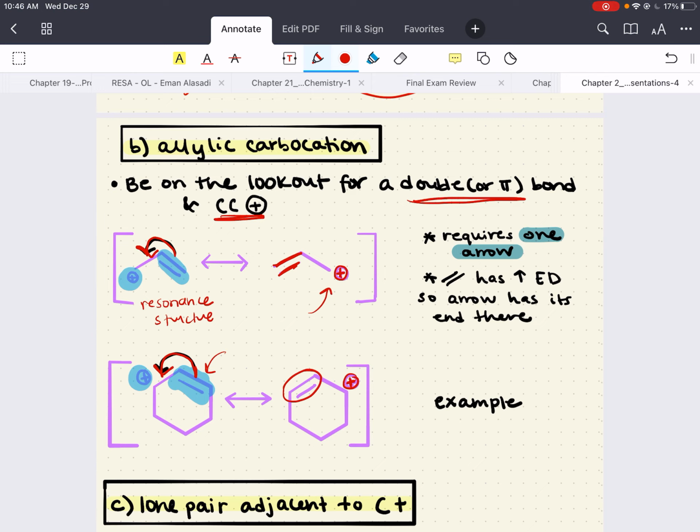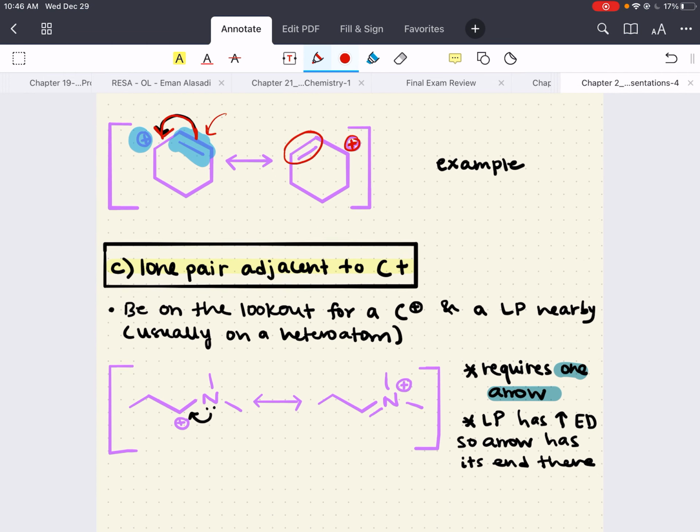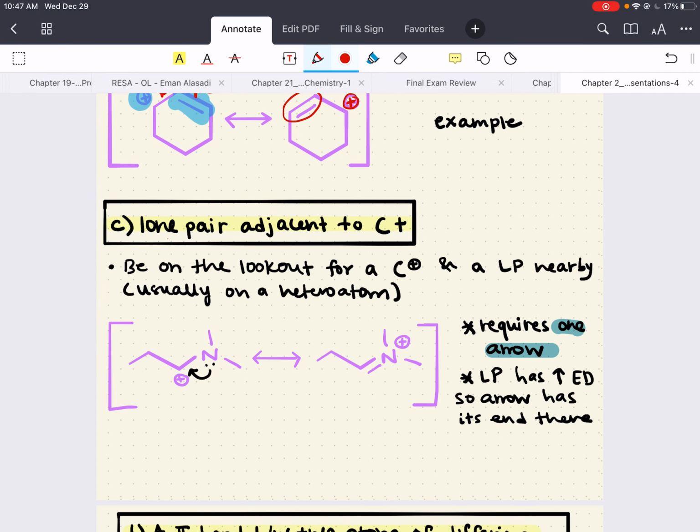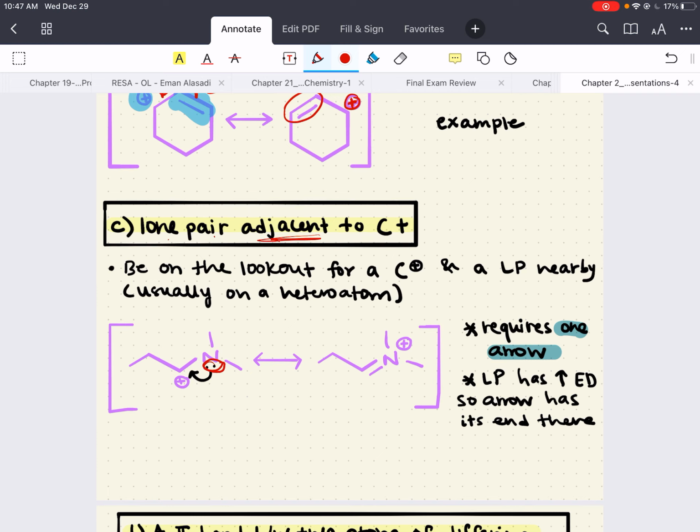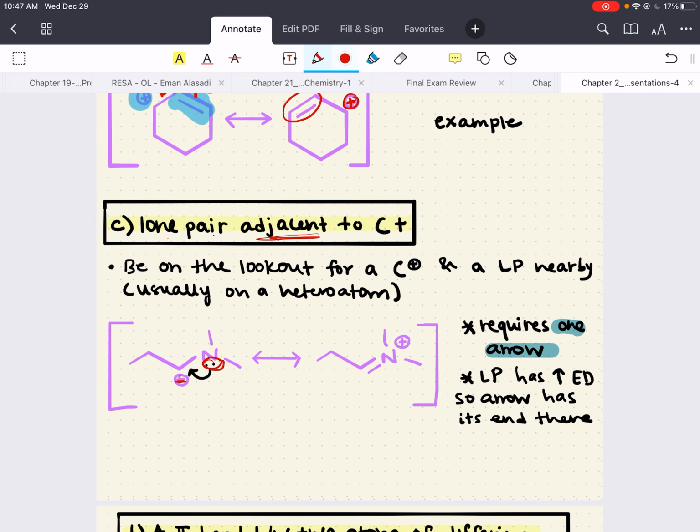And now we've done allylic carbocation. That's our second resonance pattern. Our third resonance pattern is a lone pair adjacent to a carbocation. So look at here, this nitrogen has a lone pair, and it's right next to this positive charge, this carbocation. If you see a lone pair right next to a carbocation, what we're going to